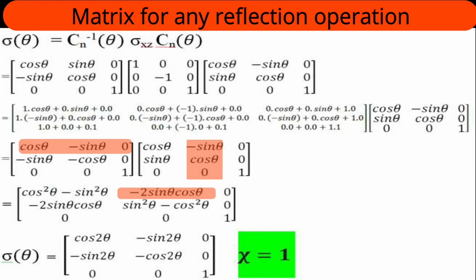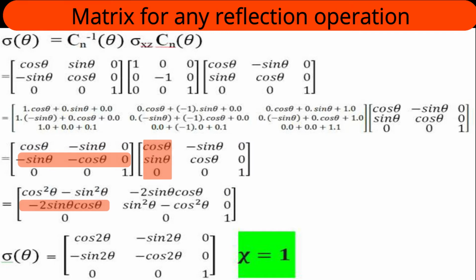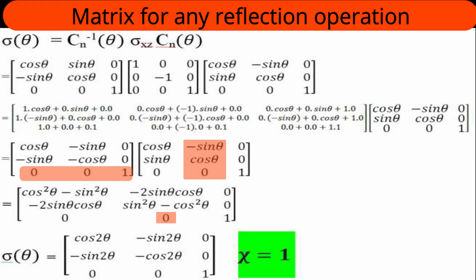First row and second column I considered. Now to generate A13, I'll consider first row and third column. There I am finding no suitable combination to result in a new number. 0 is going to make the answer 0. The result of A21 is minus 2 sin theta cos theta, while A22 is sin square theta minus cos square theta, and A23 is 0. You have to work through all this multiplication, and you will get the answer. Now A31 answer is 0, A32 answer is 0, and the last element, that's A33, answer is 1.